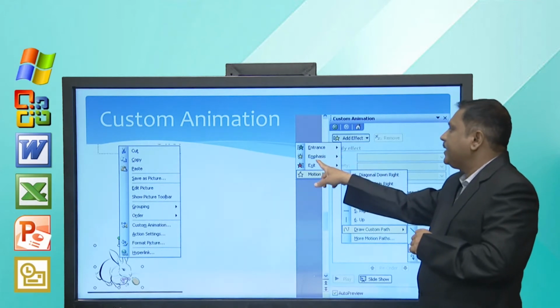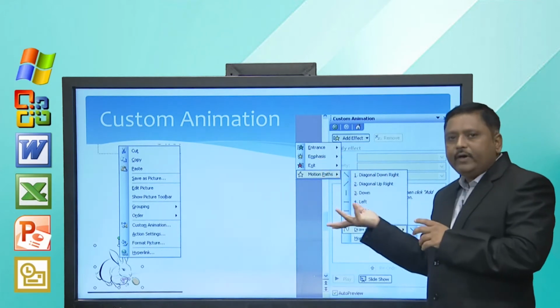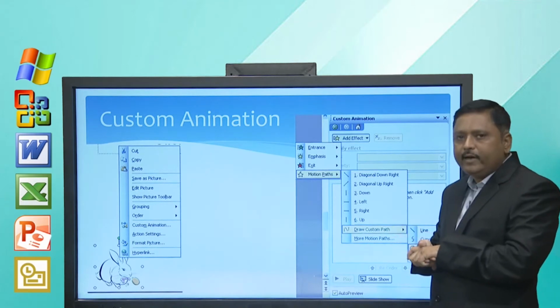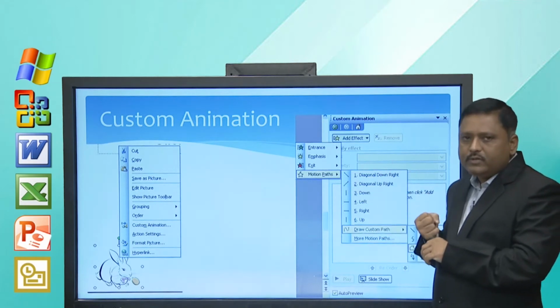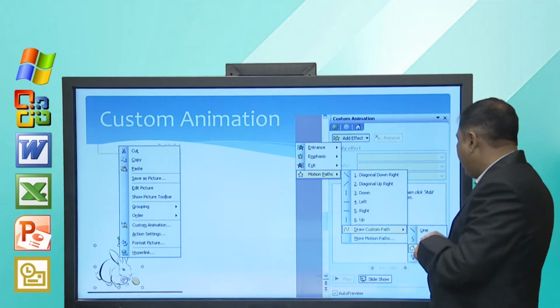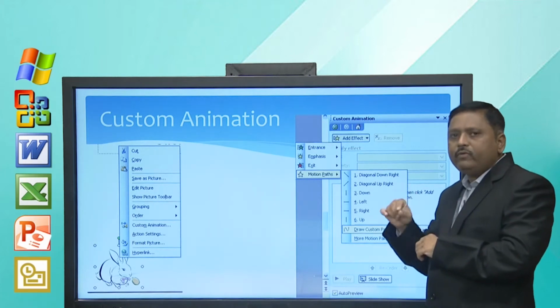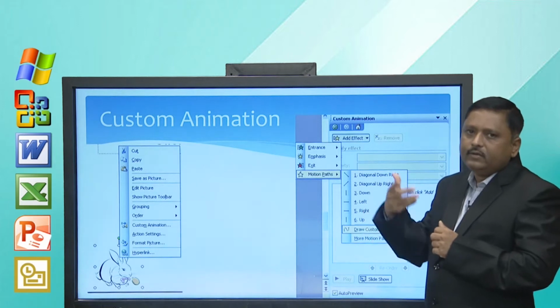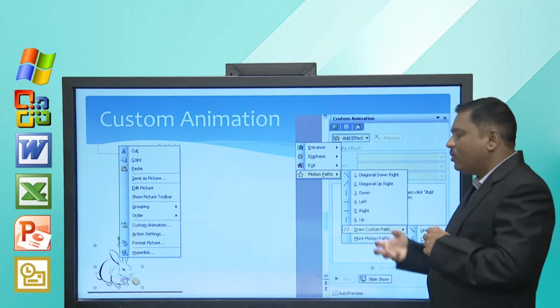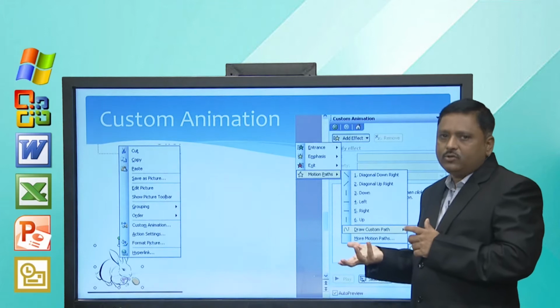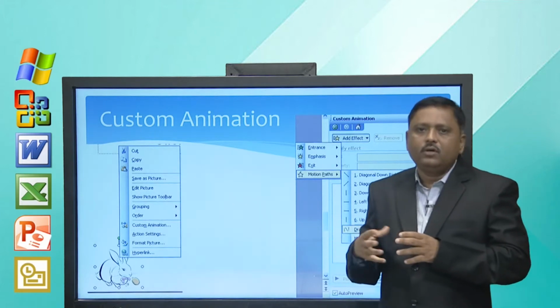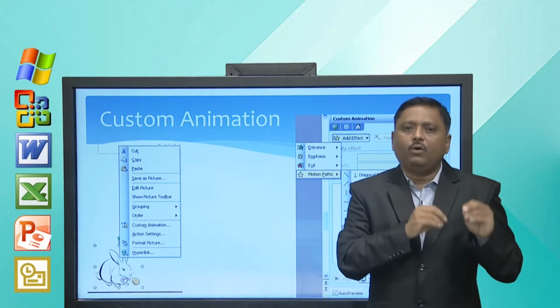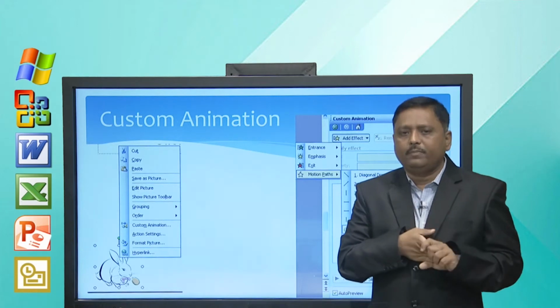If you select entrance, emphasis, exit, different kinds of effects will be shown on screen, from where you have to select a particular effect, and you can also preview that effect before actually running the slideshow, right. So, we have preview also, we can preview the effect that we have applied to a particular object.